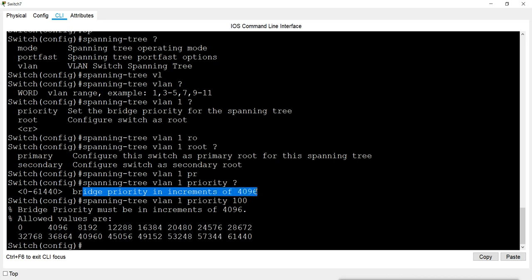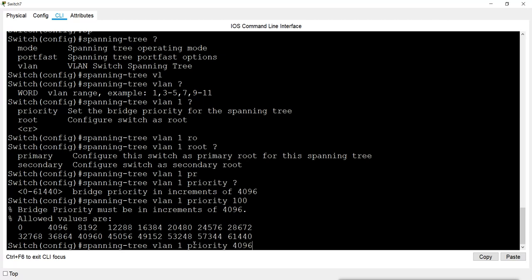That means you can give either 0 or 4096, or increments of 4096 such as 8192, 12288, 16384, 20480, and so on. So I cannot give 100 or 200 or 300. So I will give this.